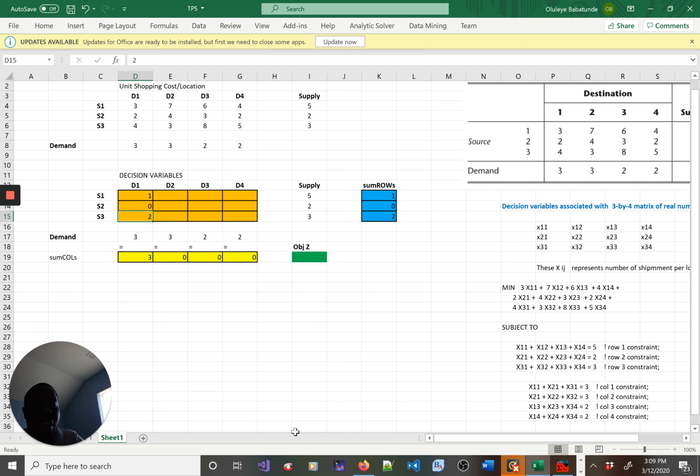But to begin with, nothing will be inside that. Okay, so it's 0. It's 0 to begin with. Now, I've done the row constraints and the column constraints. Okay, then I need to do the